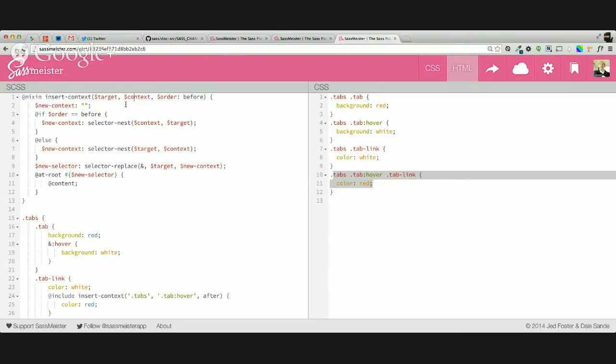So target context. I'm wrapping this in some if statements so I can do that before or after. And because of that, I actually need to specify my variable first, which is probably good practice anyway. So I'm going to have this new context we're going to need to basically piece together before we insert it in. So if the order is before, which is basically the default behavior, then our new context is going to be,